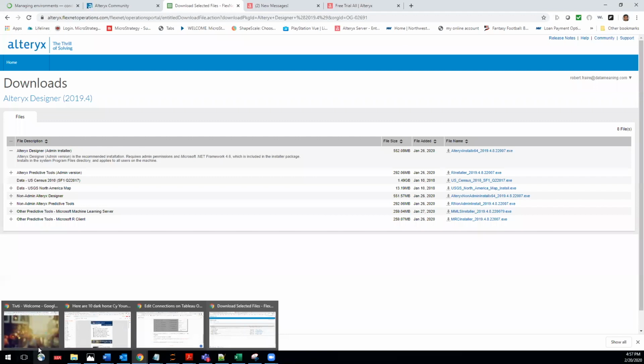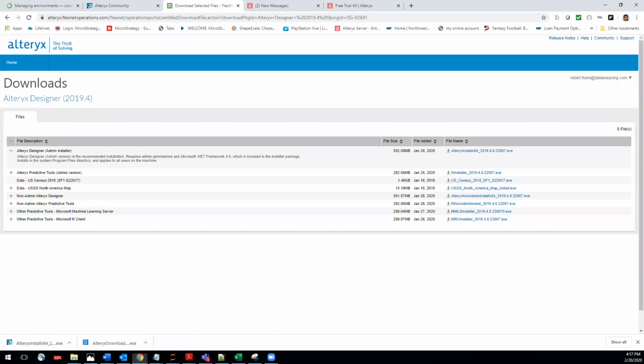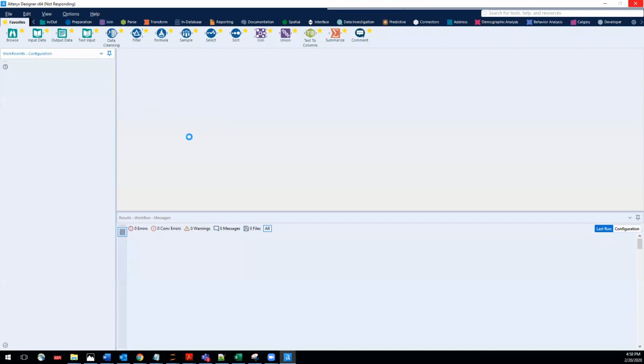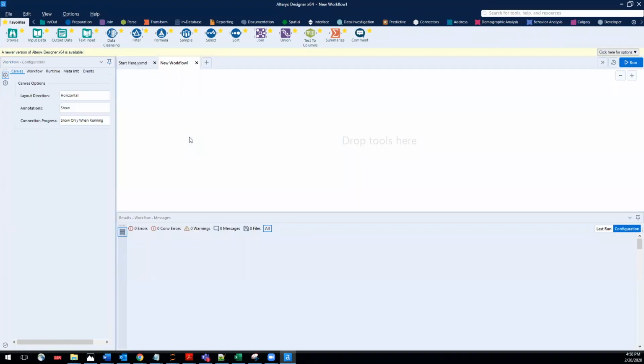If you have not set your license, you can go into Alteryx Designer itself and check on your licenses from that location. So I'm going to open up Alteryx Designer here, and I will show you how to set the license from within Alteryx Designer. So my splash screen's coming up. Now I've got Alteryx Designer up here now. When it finishes loading up,